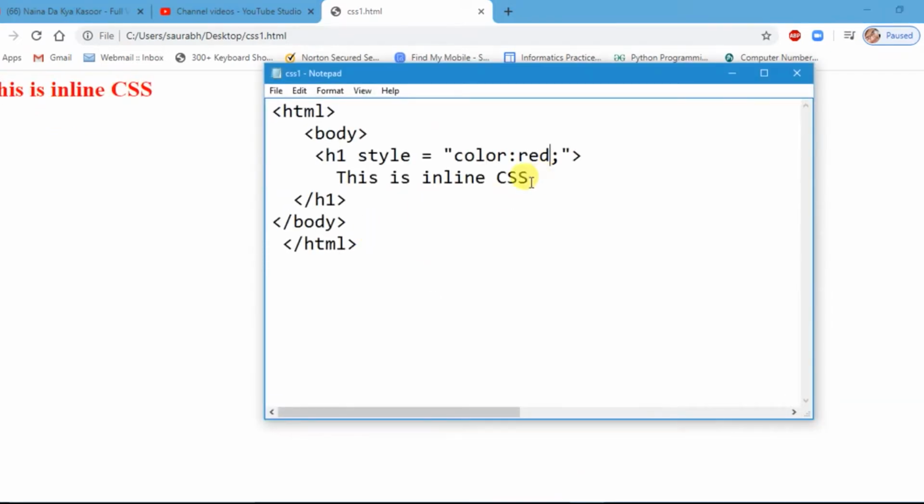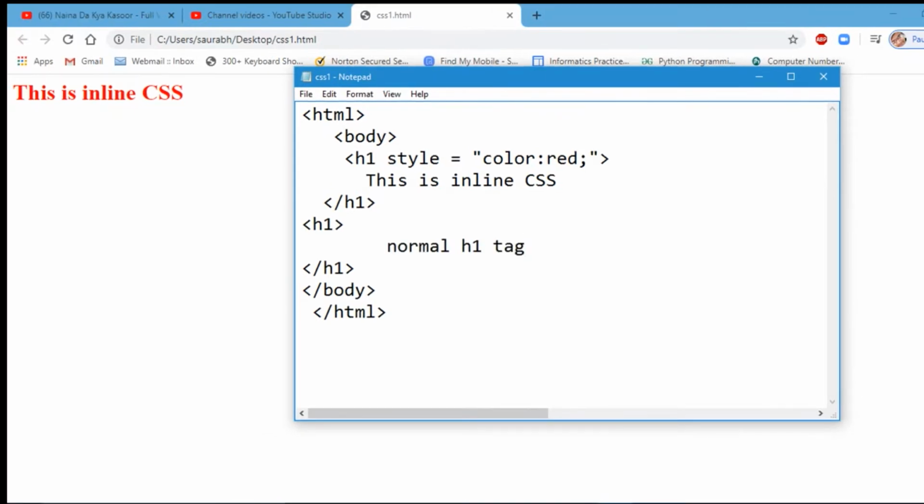I am applying another H1 tag here so it will be clear to you. Another H1 tag, H1 open, H1 close, because H1 is a container tag, it is not an empty tag. In this I am passing a normal H1 tag and saving the file.